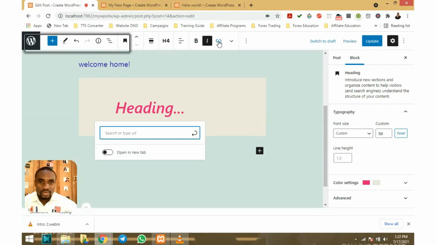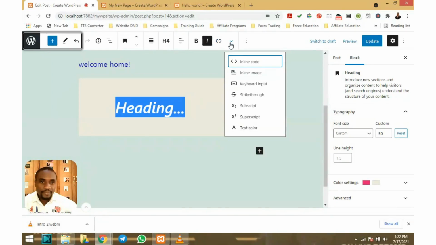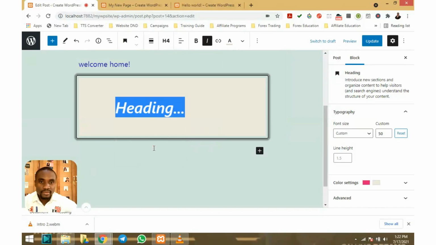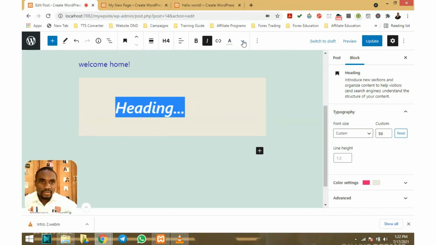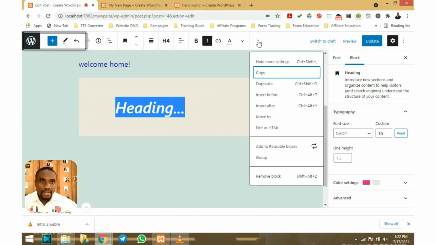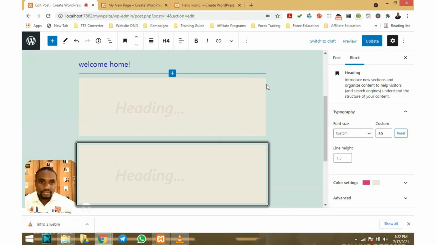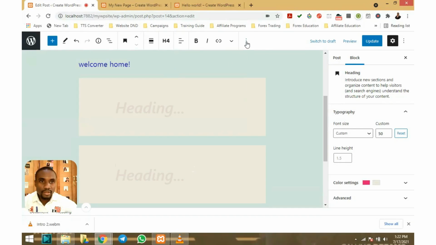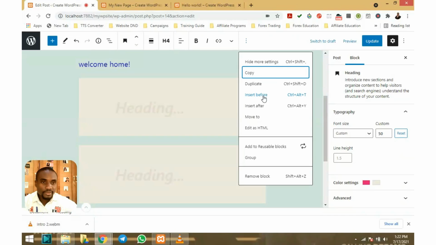You could turn it into a link right there. And here you could do the same thing, changing the color. And then you can duplicate it. Duplicate the block right here,